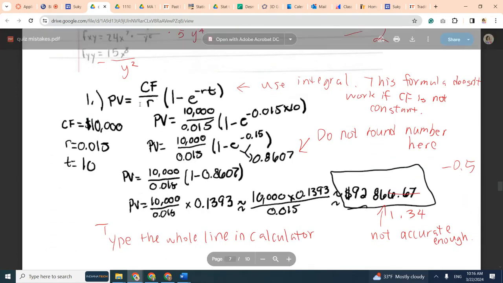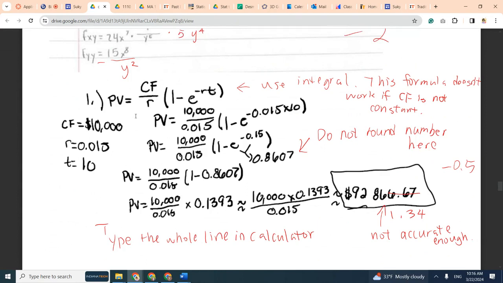And here, so, okay, do not use this formula because this formula is only correct when your f is constant. Okay, everybody? This formula,